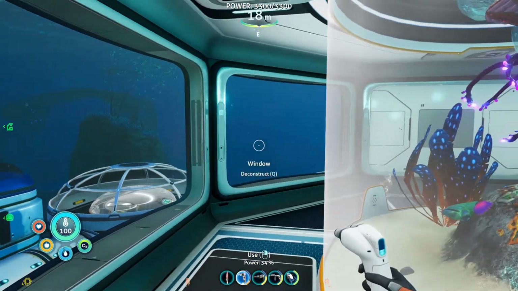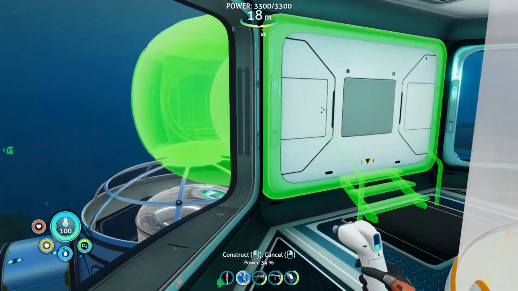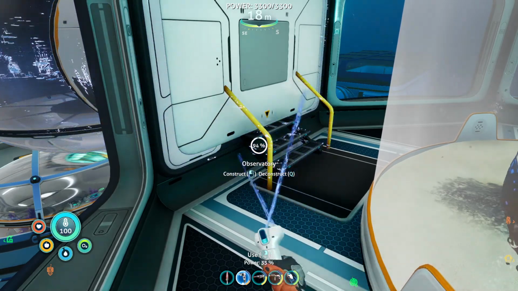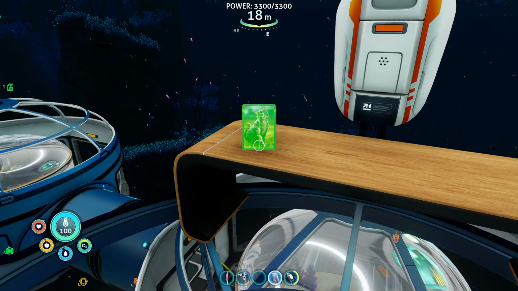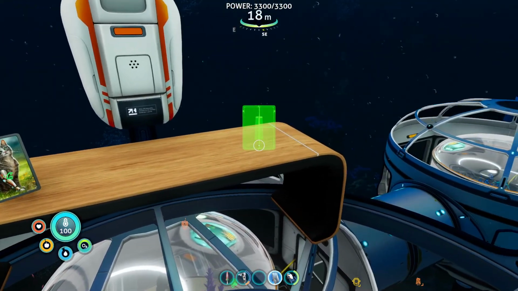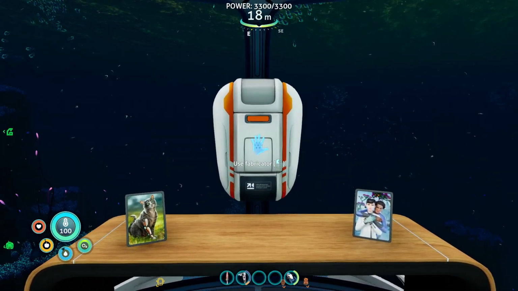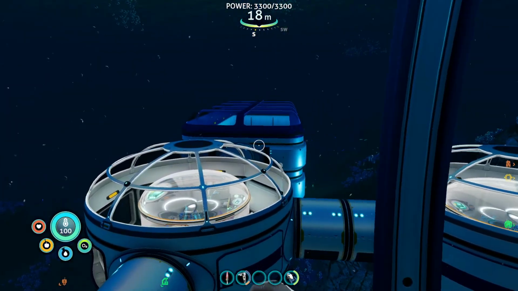But there's one final thing that I would like to construct. One observatory. For one very special reason. We may not have the best pictures available for Sam, but this is the best we got. And her necklace that is currently still inside of that room,